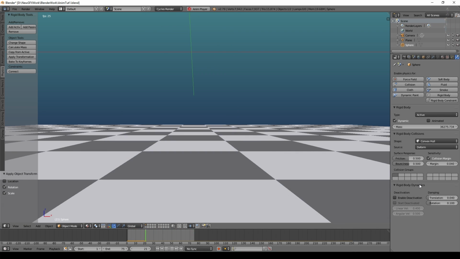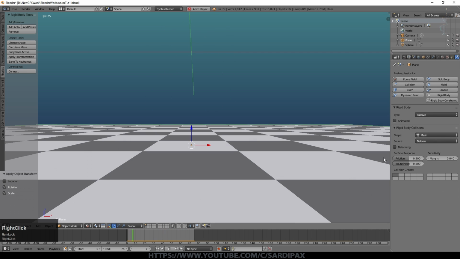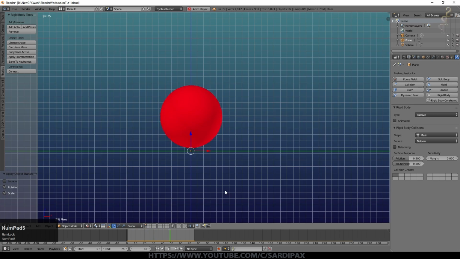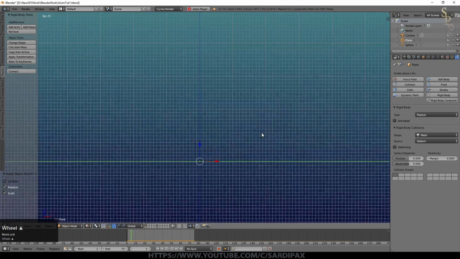If you have the collision margin set to 0, you can often get unstable simulations. Not always, but it can often be when there's more complicated things going on. So if I set that to 0 and it redoes it, you can see that's not quite worked anyway, and other than that it seems to be okay. But if we now go to our surface and set that margin down to 0 as well, and just move it a little bit just to make the simulation reset, it's actually working. Because it's a very simple simulation, it's not giving us any problems at the moment.